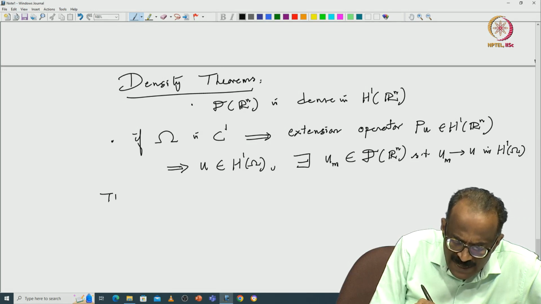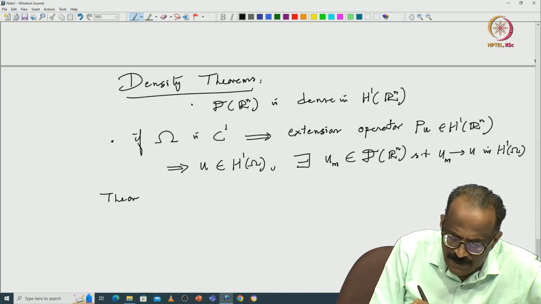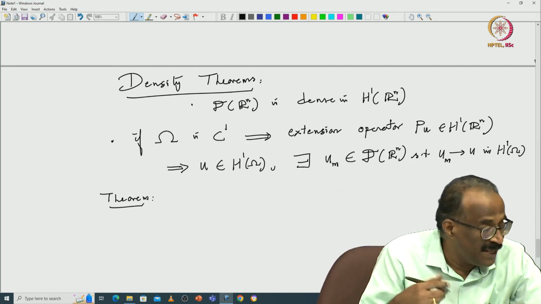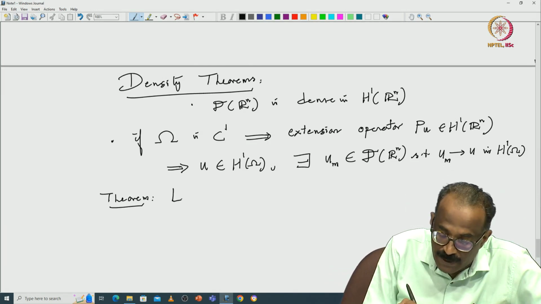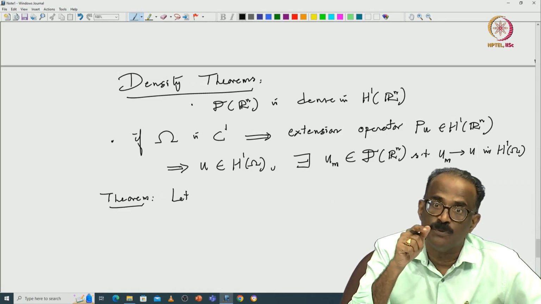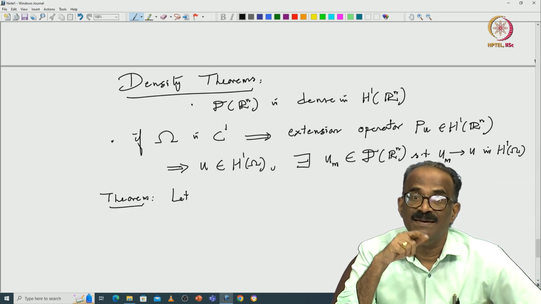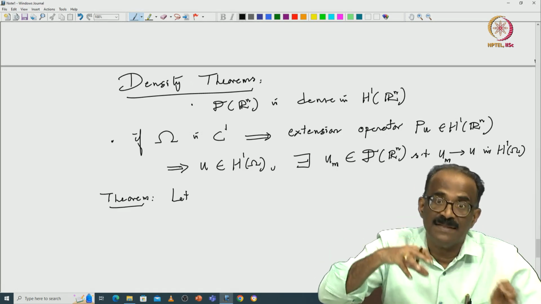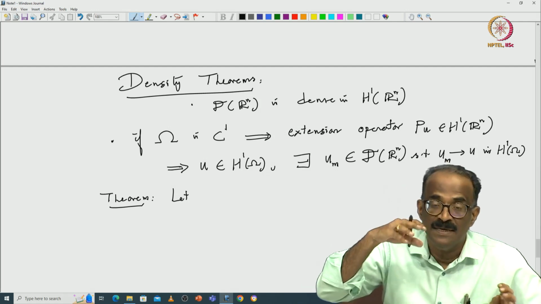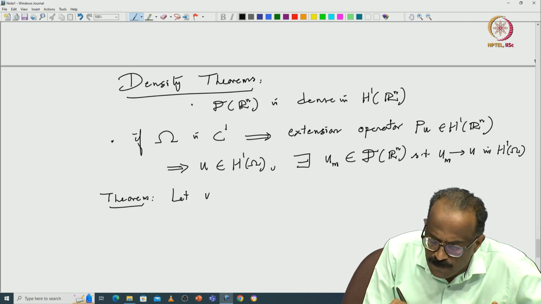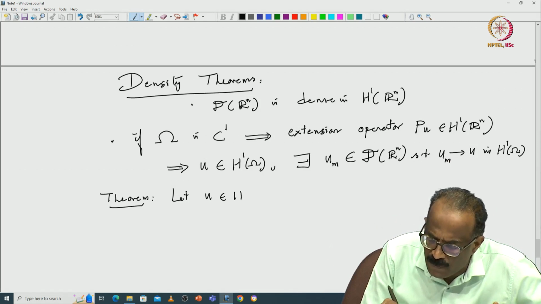There is a more general theorem for any domain, so you are not assuming the smoothness. If you do not assume the smoothness, you do not get these results, but you can still get the approximation inside omega on a convex thing. So, if u is in H1 of omega,